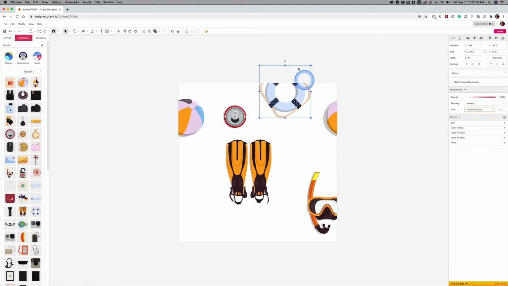Then we can have our life preserver, and we want to move it 400 pixels on the Y. Now, different programs work different ways. Here, moving left to right is positive, top to bottom is positive. Right to left is going to be negative. But for right now, we're going to take this, copy it, Command C, paste it,